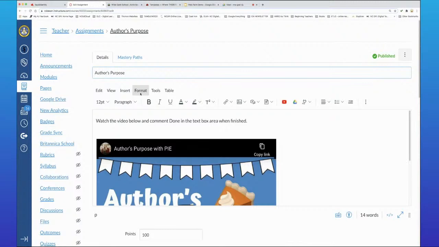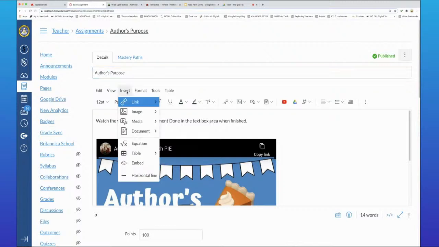So we're going to talk about this area right here, which is called our content building tool. This is where we're able to go in and build our content. And you should be familiar with this area if you've built assignments. But your look of the old interface will look different than this one. So let's talk about some of the new additions here in this area. So underneath your insert button, you will automatically know that there's some areas in there where you can actually insert some things. Underneath your format tab,